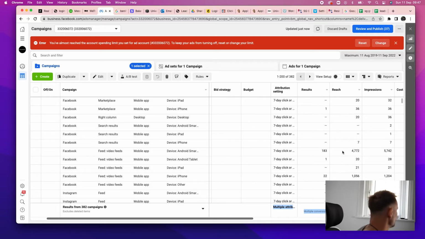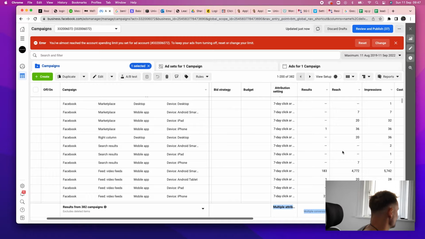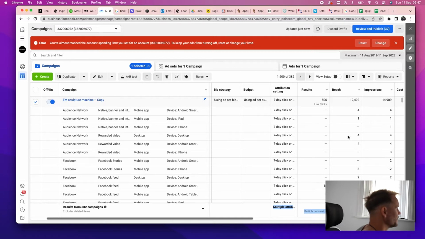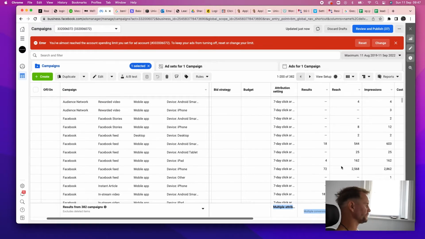Facebook, okay. Facebook in-stream videos, mobile app, Facebook newsfeed. Yeah, so mainly Facebook. So we're going to turn off